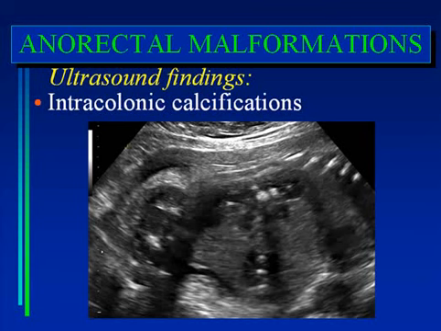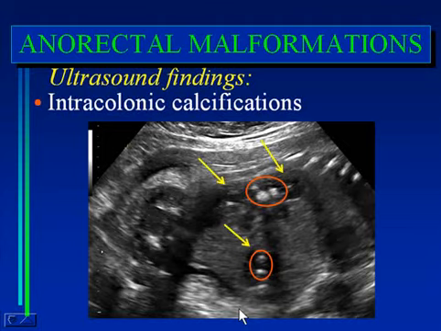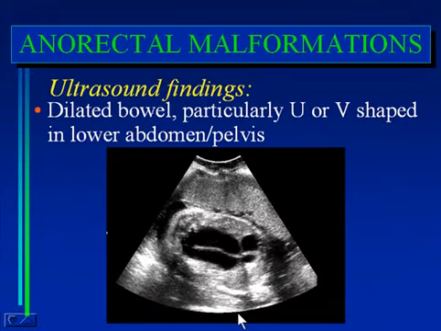That being said, though, in some cases you can detect anorectal malformations at ultrasound, and when you can detect them, the diagnosis is usually based either on identifying intracolonic calcifications in prominent loops of colon, as we see here, or the ultrasound finding of a dilated loop of bowel in the pelvis and lower abdomen, especially one that's U or V-shaped, as we see here in this fetus with an anal rectal malformation as part of a complex cloacal